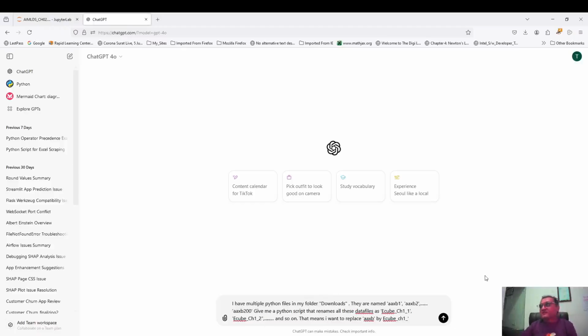If you see this prompt, then it is very clear that I want to rename each file. So I want to remove this AAXB, and instead of that I want to put EQ_CH1_. So it will become EQ_CH1_1. Then if I remove this and put EQ_CH1_, it will become EQ_CH1_2. So that is how all files will be renamed. So give a Python script for multiple files, you can say. Okay, so give me a Python script